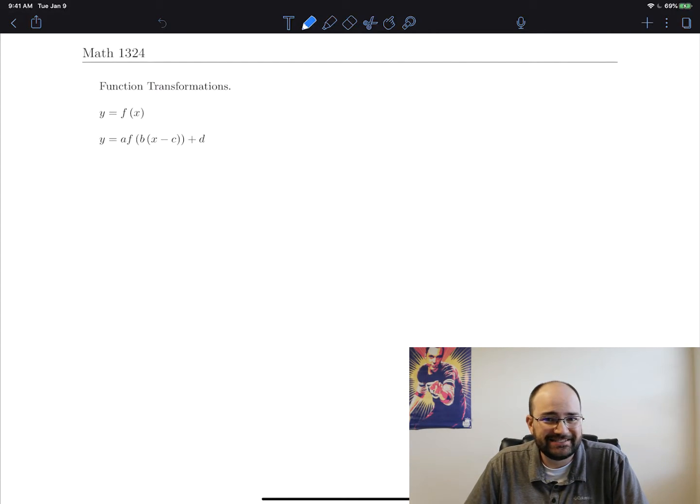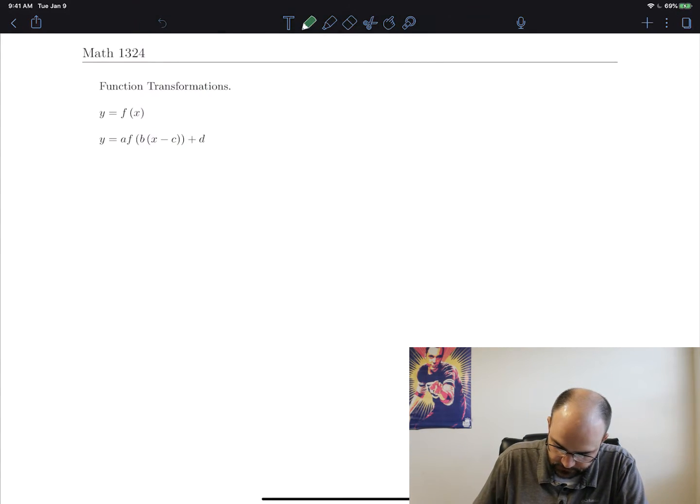This is Chapter 10, Section 2, Example 1. In this example, we want to talk about function transformations. Now, there are going to basically be three types of function transformations that we're going to talk about. The three types are translations,